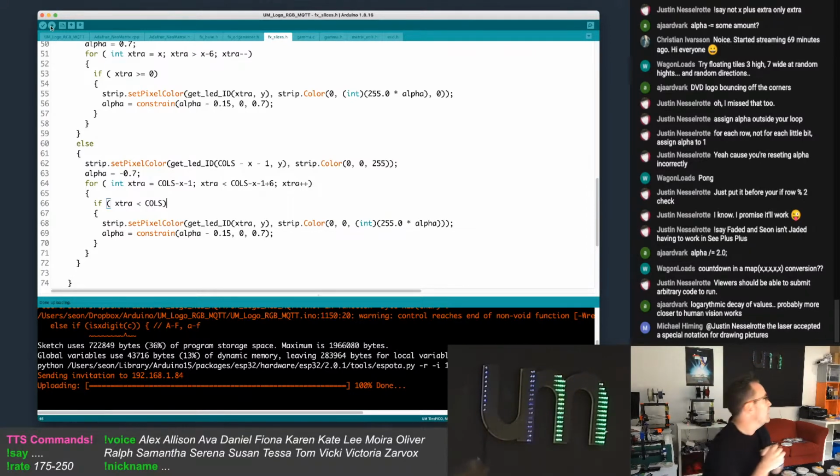Okay, so that's working. I didn't do the initial clear. Right, I need to make it go off the screen. Oh, why is the blue not working? Why is the blue not working?